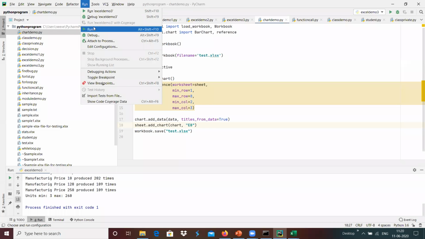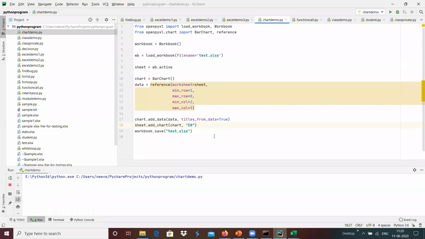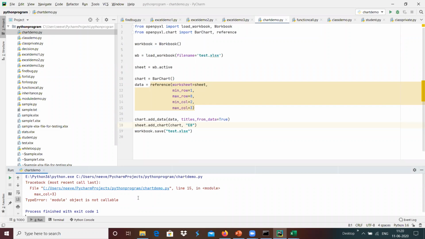Now, whenever we run this application, the chart demo, we have module is not callable. Location, line number 15.